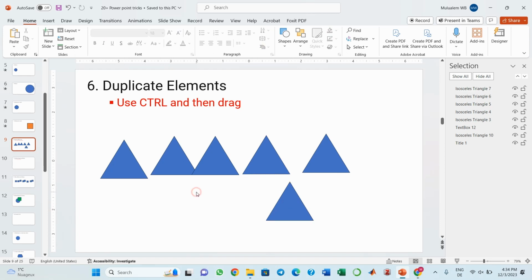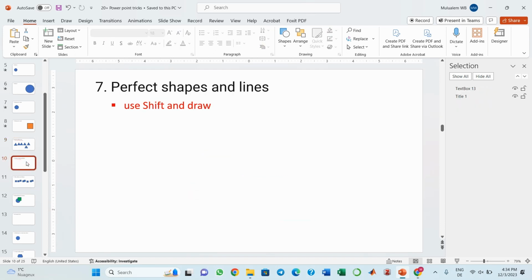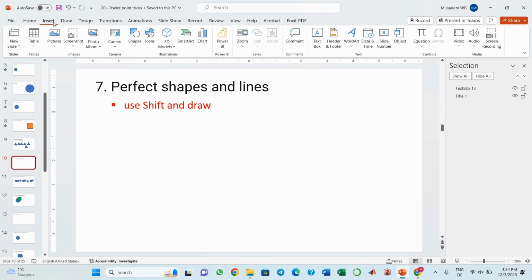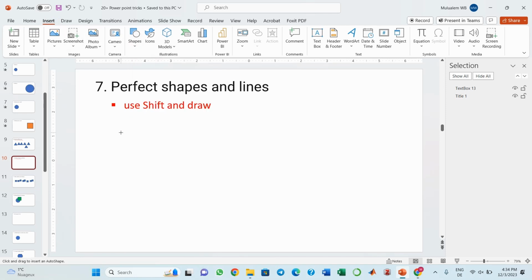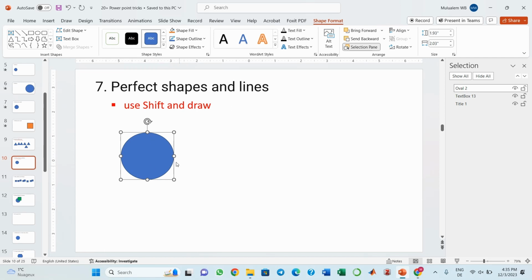Okay, now let's move to the next trick, which is drawing perfect shapes or lines. For this one, let's click on Insert to insert some shape. Click on Shapes. In Shapes, click on Circle. Now, if I draw a circle, I'm not sure whether this is a perfect circle or an oval. If I just leave it, it may not be a circle. Maybe the diameter is different. So in order to make a perfect circle, I will remove this one,